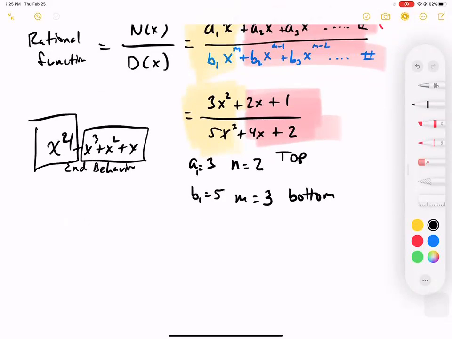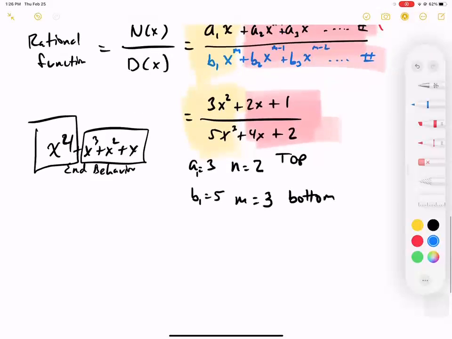Who's the biggest bully? And that's the same thing here. We only care about who is the biggest bully, and the biggest bully is our 3x squared and our 5x cubed. So for all our horizontal asymptotes, we only care about the front of the problem. That's why it's easy. I'm not worrying about this polynomial being huge or confusing or having a bunch of negatives. All I care about is that front value. And we'll talk about that in a little bit. Let's go ahead and talk about our first rule. So rule number 1,